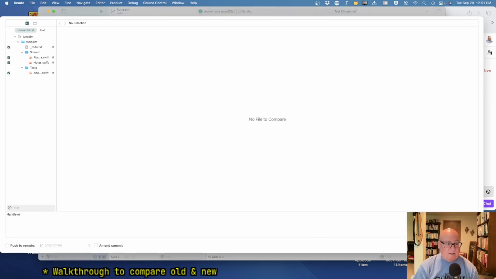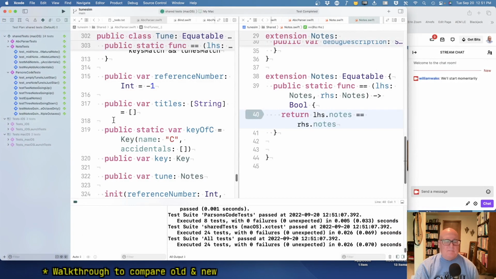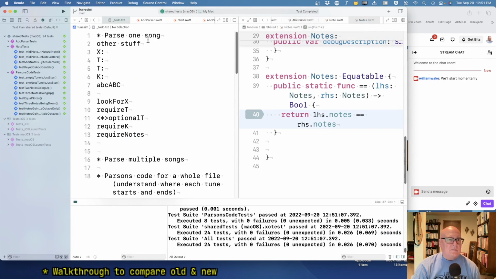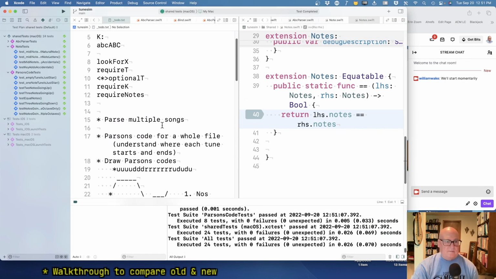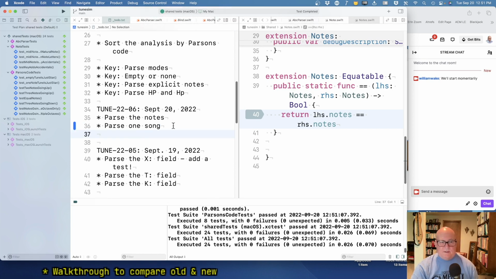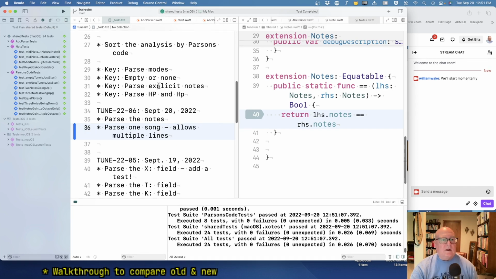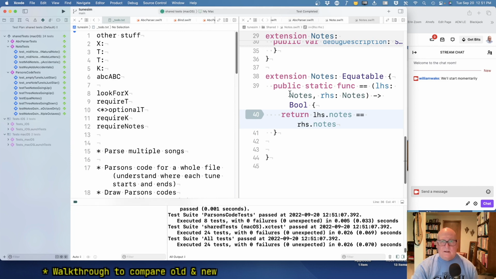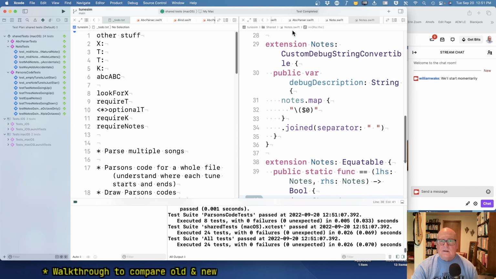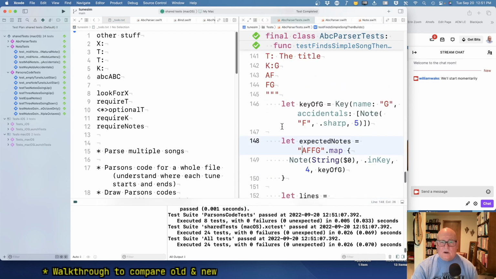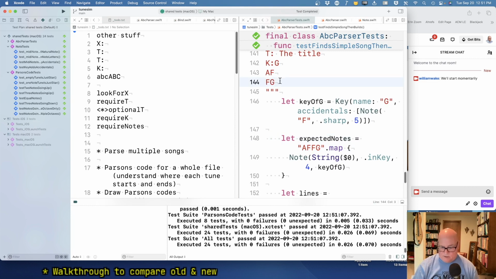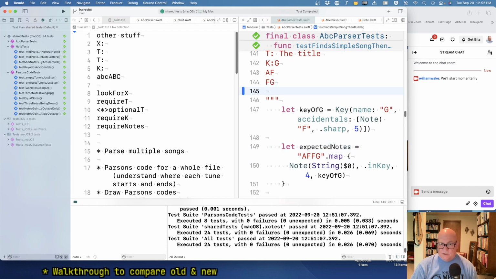Okay, so handle multi-line songs. Okay. Now, to do parse one song. Okay, so I think we've done that. It's got restrictions, but allows multiple lines. Right. Okay, so I think I'm going to demonstrate. I'm kind of overloading this test and letting it drive a lot of things. I'm going to do the same thing and demonstrate that it should